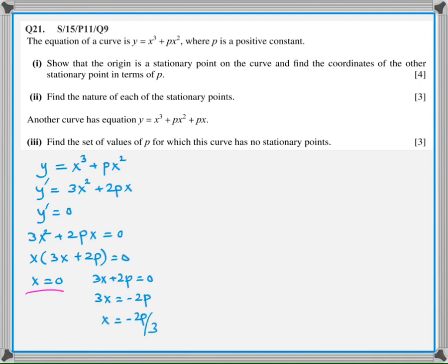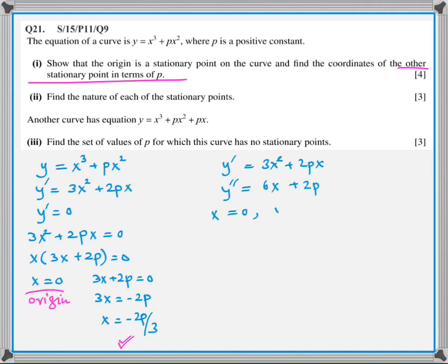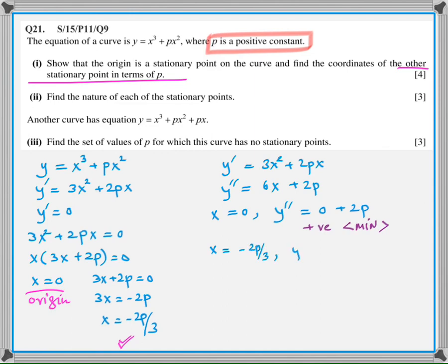What does it say in the first part? Show that origin is a stationary point. Done. And what's the coordinate of the other point? X is minus 2p over 3. So now the thing is, we need to find y prime. And y prime is this thing. Find y double prime. So y double prime is 6x plus 2p. When x is 0, y double prime is positive. So now that is a minimum point, and when x is minus 2p over 3, y double prime is, plug